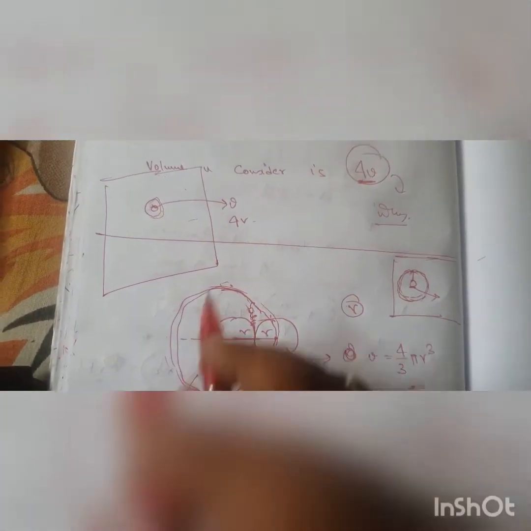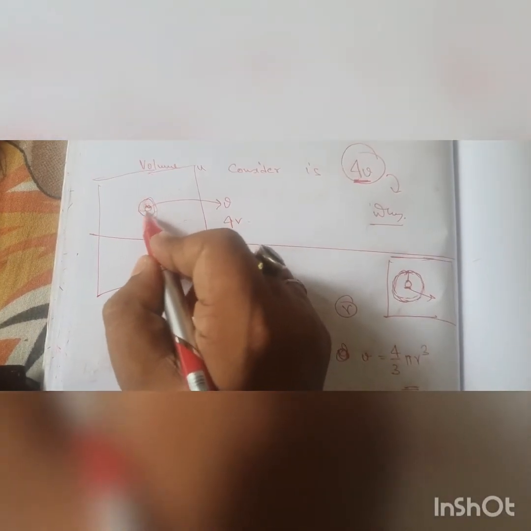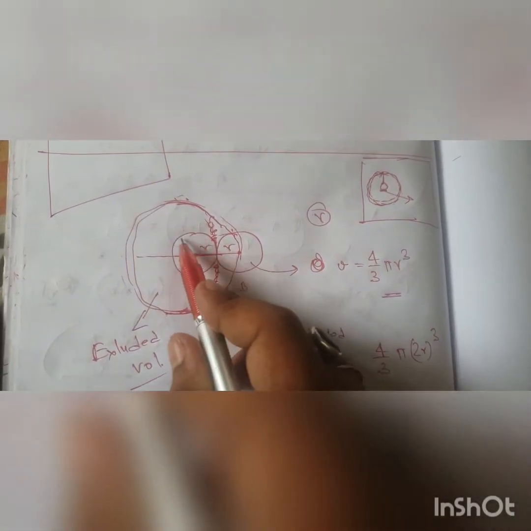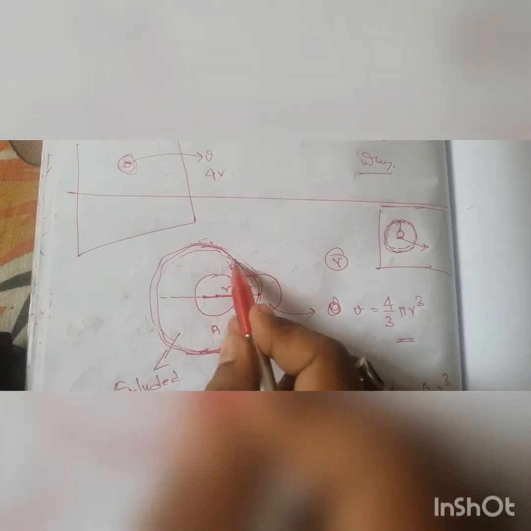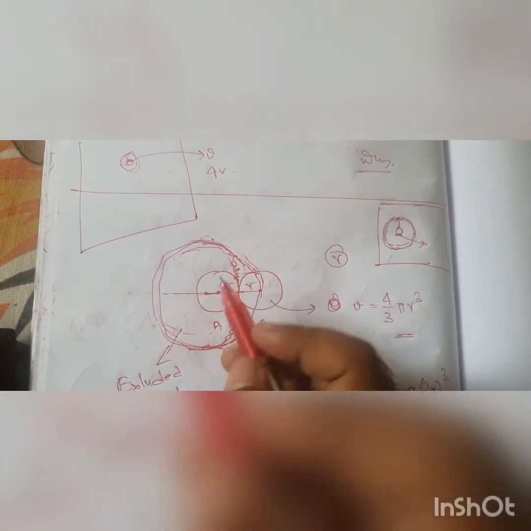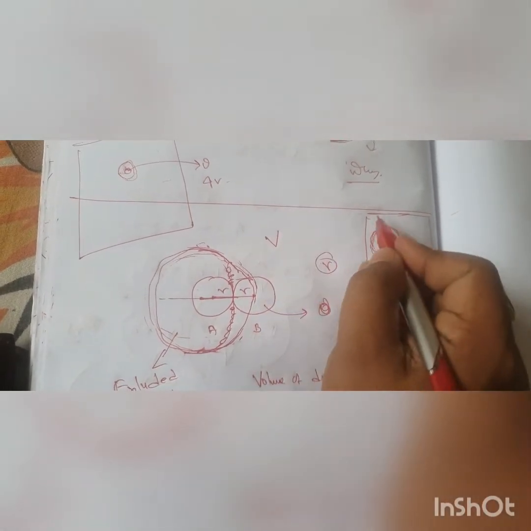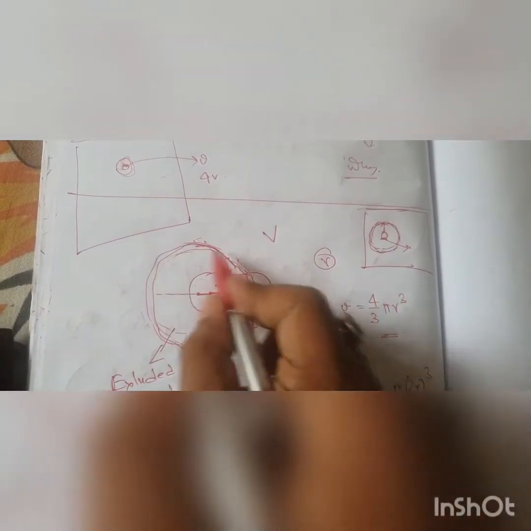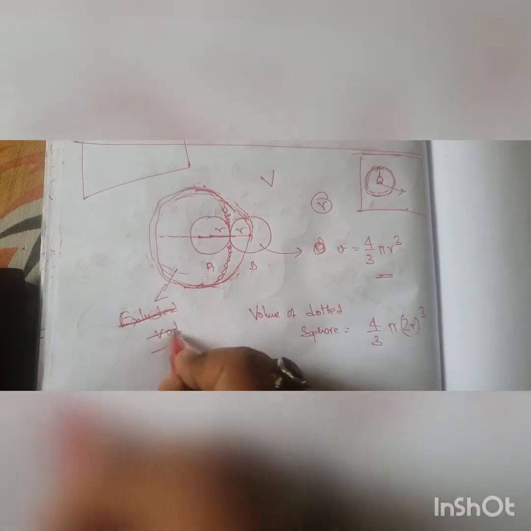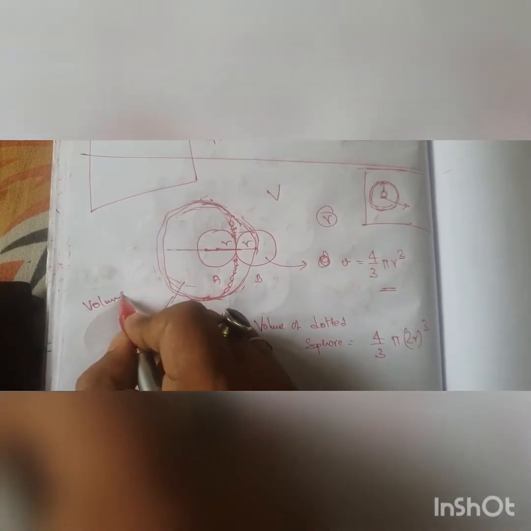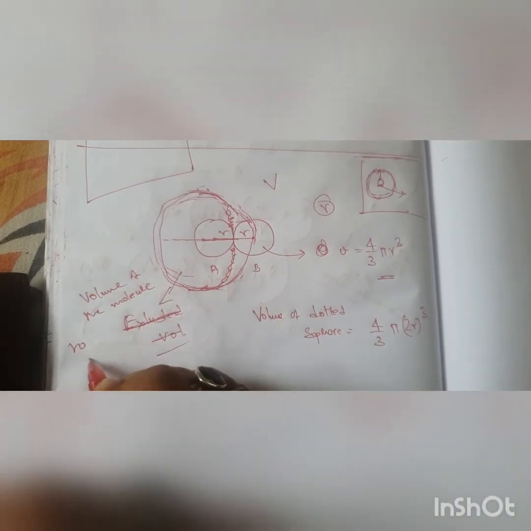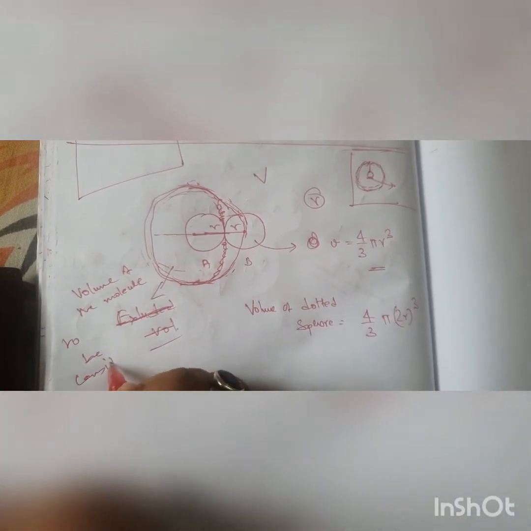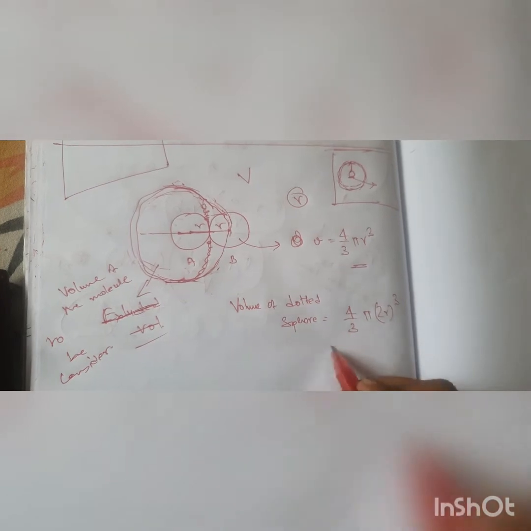Okay, so when it is moving, the molecules need space for their movement. Now we can see that this movement from this sphere, if I consider this sphere to be the excluded volume, or the volume excluded from capital V, the entire volume, better than excluded volume, it is the volume of the molecule to be considered, if you think. Okay, so that is the volume of this.